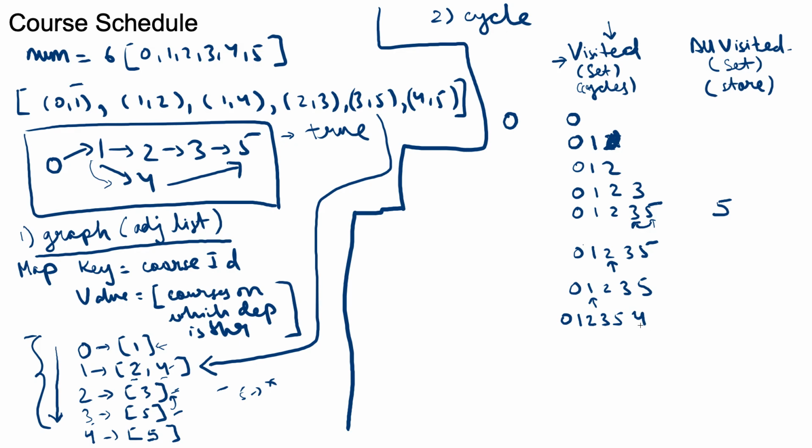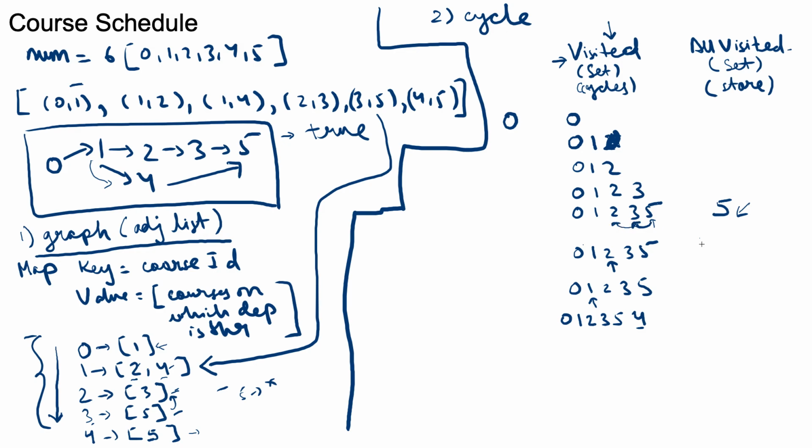and now moving onwards, we'll see that 4 has a dependency on 5, but at the same time we also see that 5 is already present in all visited, which means that 5 is not having any dependency issues. So now even 4, this particular course ID, is clear and it can safely return. Yeah, and one thing which we missed to discuss is that when we were returning from 5 to 3 to